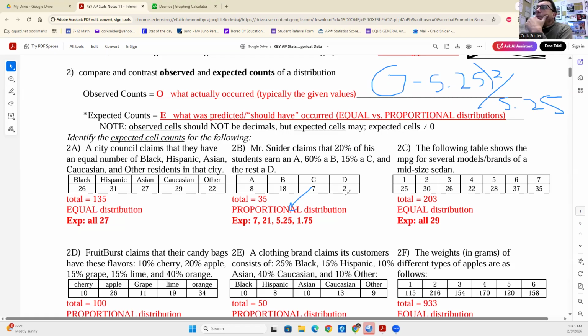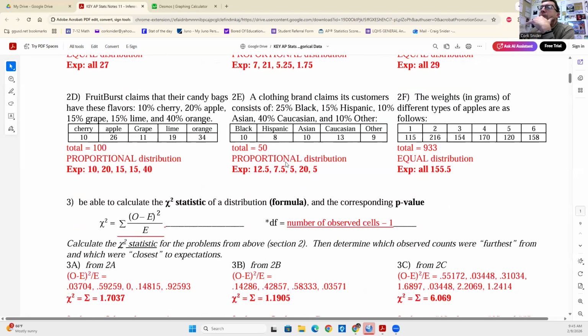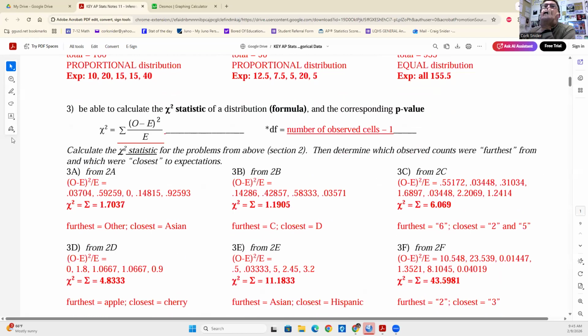And then the fourth number will be this one right here, and I'll write it over here: 2 minus 1.75 squared divided by 1.75. Those 4 terms are called the chi-square terms, part of the chi-square sum. So let's go down to the answer key. Number 2B corresponds with 3 right here. So these are those 4 numbers that you worked on, and if you add these 4 numbers, you will get a chi-square sum of